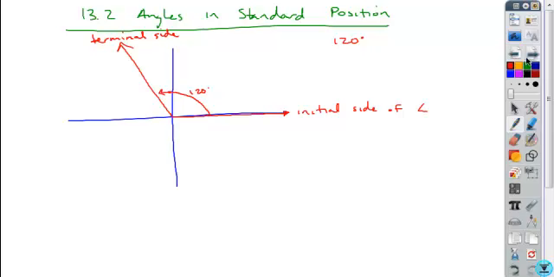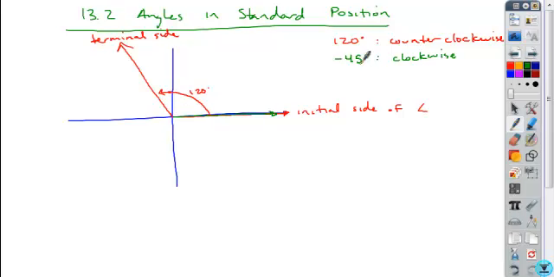Now, you guys are familiar with angles that go from 0 to 180 degrees. In this section, you're going to start to be introduced to angles that have other properties. There might be angles that go in the negative direction. So again, anything in the positive direction is going to be a counterclockwise rotation. Anything that's done in a negative angle is going to be in a clockwise rotation. So no matter what, your initial side will stay the same. It's still this positive